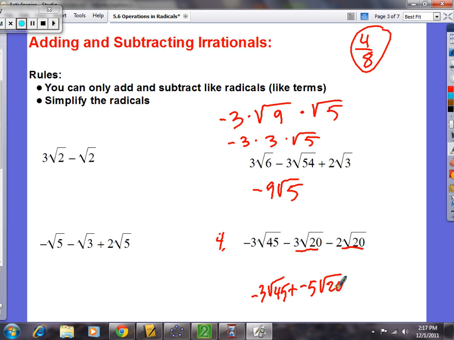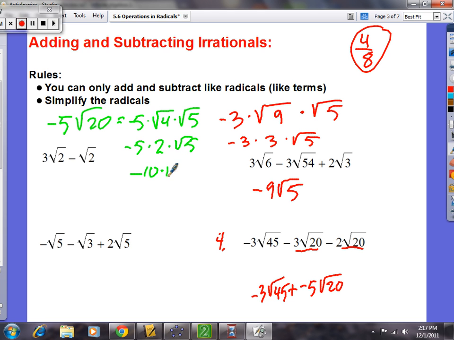What can you divide 20 by? It's got to be a perfect square. 20 by 4. So my negative 5 times square root of 20 is going to be a negative 5 times square root of 4 times square root of 5. And it's going to be a negative 5 times 2 times square root of 5, which is going to be negative 10 times square root of 5